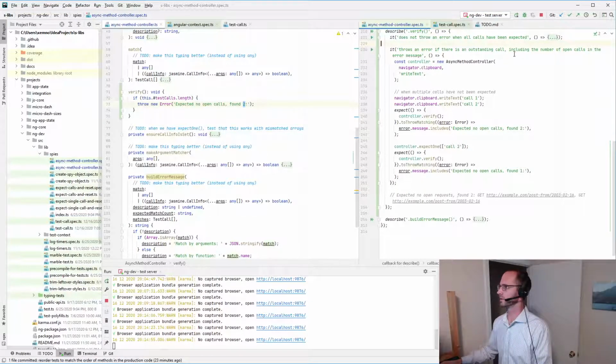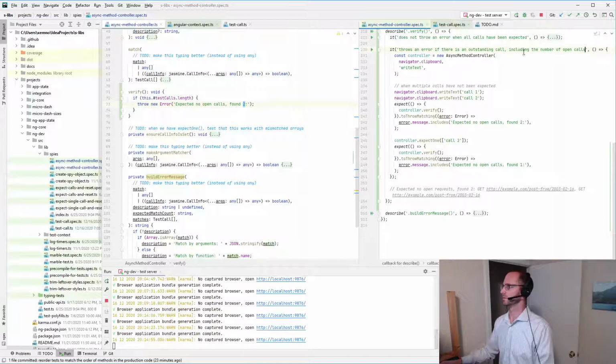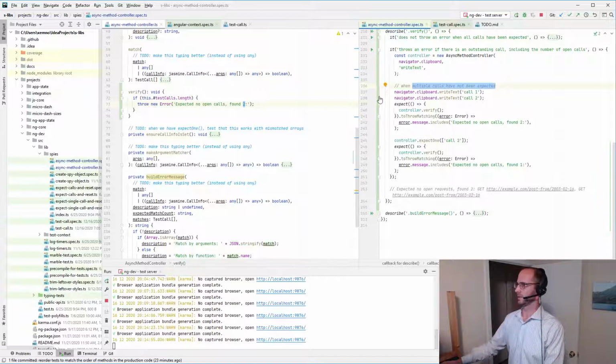There's an error. The number of open calls. I mean, that's the best I can come up with, I guess. When multiple calls, when right, and then